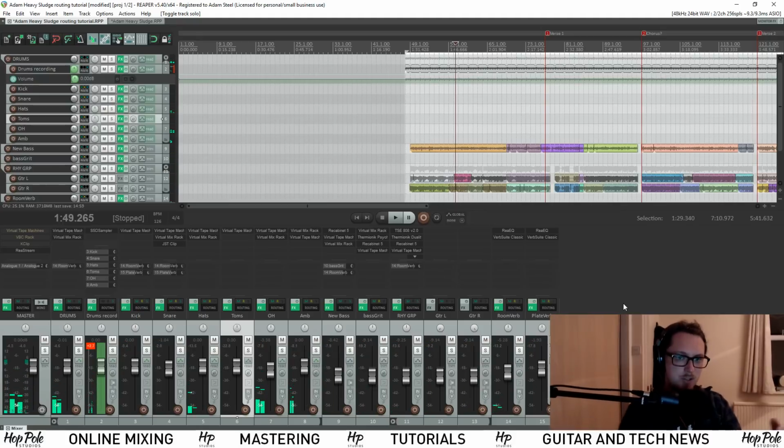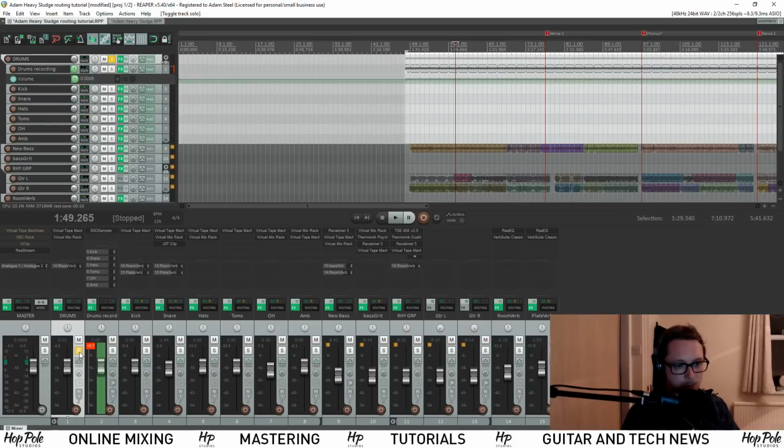now this looks quite a lot more complicated, and in terms of initial setup, there is more work involved. But I find, honestly, that the amount of extra work that I have to put into this to get this working properly is so little that the rewards are ridiculous. And the drums, now if I just solo that,